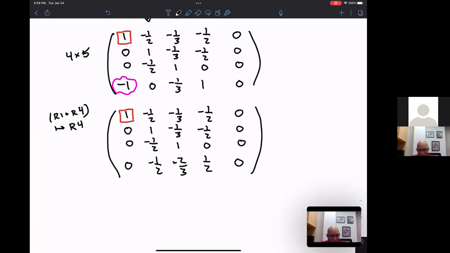I've finished now that first column. Everything is all clear in that first column. And so I next go to the second variable. There's the 1 in that second column I can go to and start zeroing out below it. Now, what you're going to quickly notice is that these numbers are getting a little bit trickier, right? I have to start multiplying things by 2 or dividing by 2 to sort of get things to match